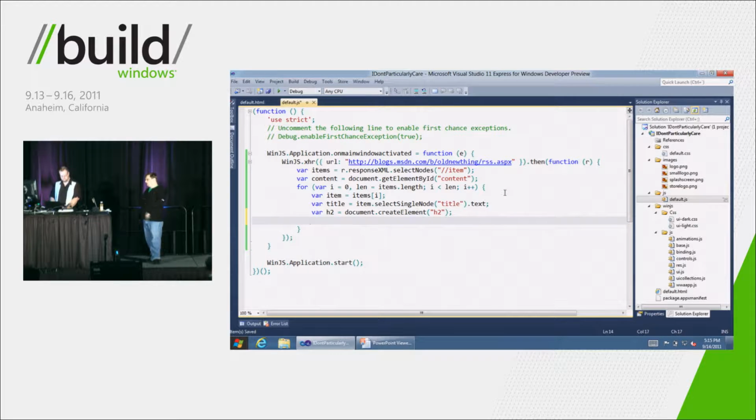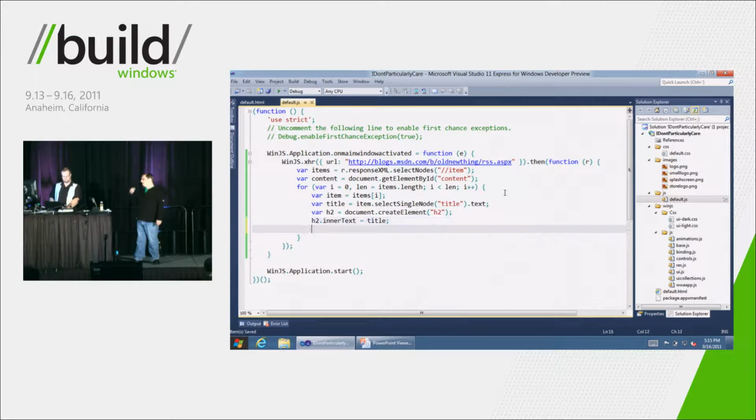Set our inner text on that thing to the title. I do that all the time. Yep. And append it to the contents. Child. OK, cool. And now, if we run this thing,